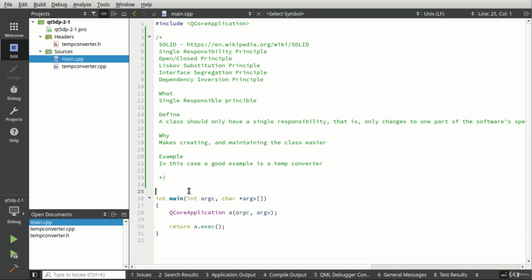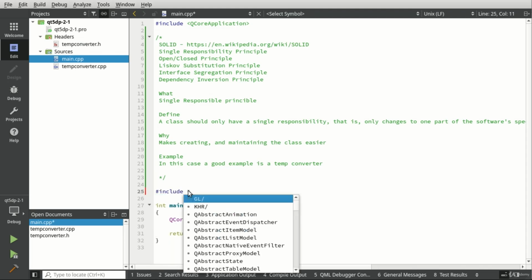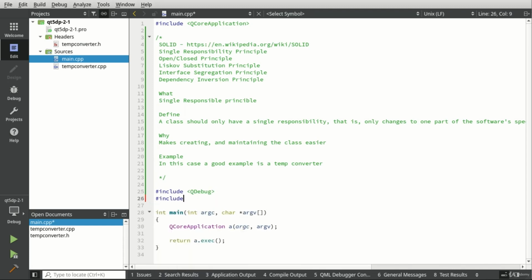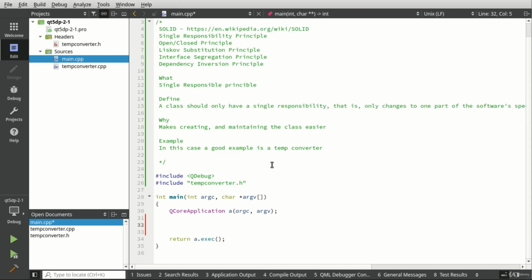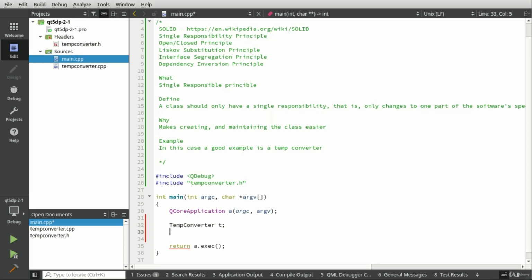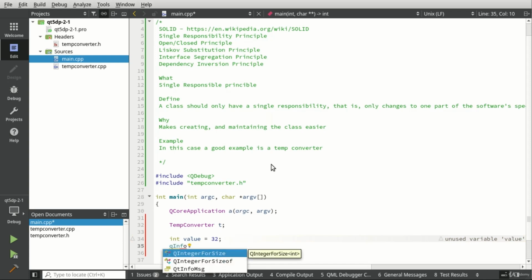So a lot of people, and I'm going to try and talk while I type, so bear with me. A lot of people will learn programming, and then there exists this mentality to add everything humanly possible into a code class or an application of some kind, and it's just the wrong way of doing things because it makes it unmaintainable. So we're going to say, whoops, temp converter, call this T, and we're going to say int value, and let's say 32. And let's go ahead and convert to just this raw value. Let's say we got this from a temperature sensor on a hardware device or something like that. And I'm going to say